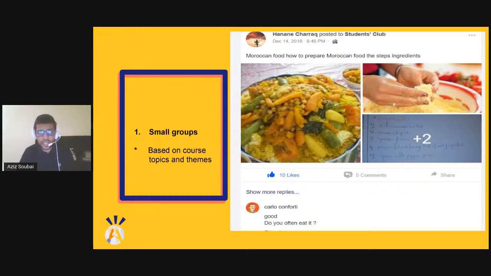So for the projects, you can ask your students to write a short article with pictures, as you can see here, or they can design a short PowerPoint presentation. So you can give them the freedom to do different things. So what I do is I post this on Edmodo, and I give students enough time to think about the subject and to brainstorm their ideas and to look for pictures. So the small group really gives them enough time